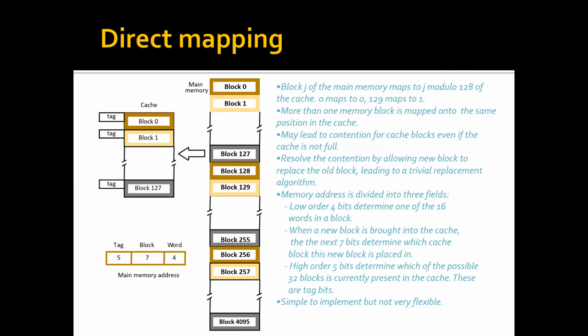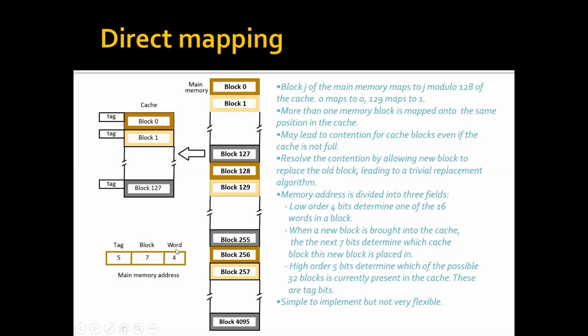But here one problem is that one block of the cache may be mapped to multiple blocks of the main memory. That means block 0, block 128, block 256, block 512, 1024 are mapped to block 0. Block 1 of the cache memory is mapped to block 1 of the main memory,